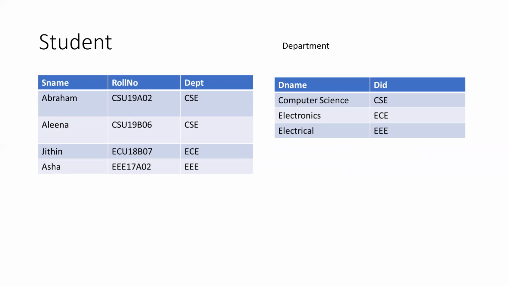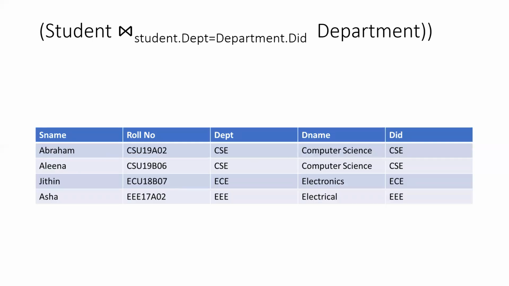Before we apply it, let's see the difference between join and natural join. When we apply join, I think everybody remembers the difference between Cartesian product and join. In the previous case, when we applied the Cartesian product, we got 12 tuples, right? And when we apply join, those 12 tuples can be trimmed to only 4 tuples. Then what changes will happen when we apply natural join here?